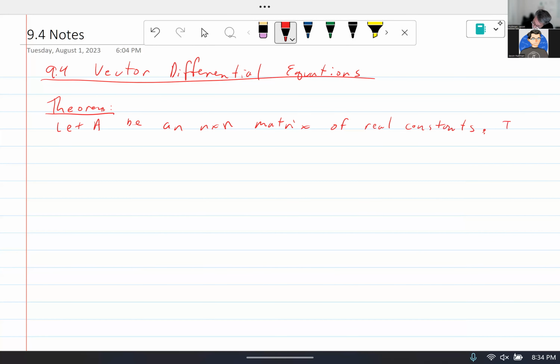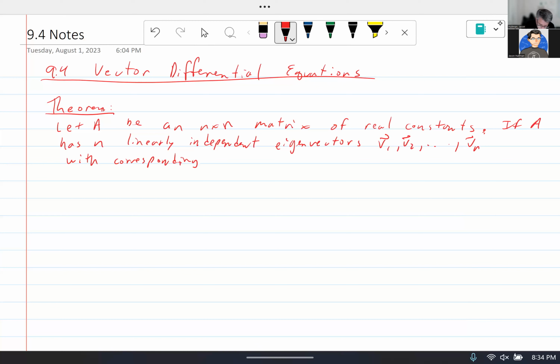If A has n linearly independent eigenvectors v1, v2, ..., vn with corresponding real eigenvalues lambda 1, lambda 2, ..., lambda n,